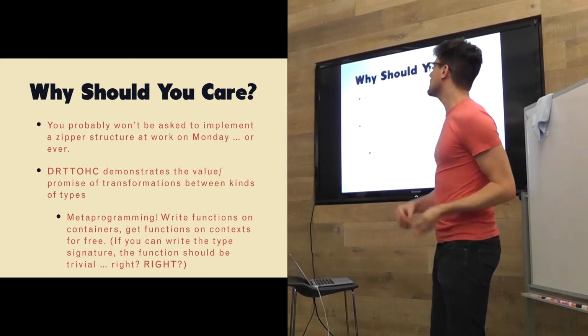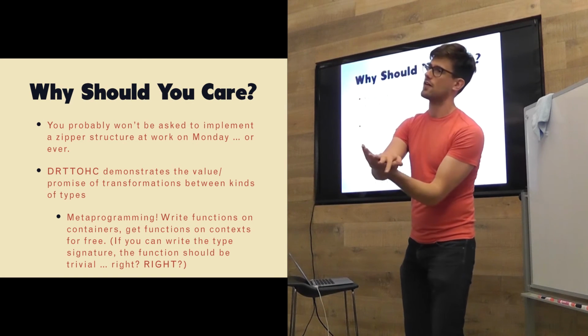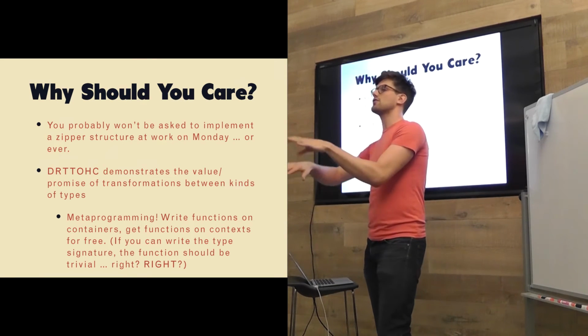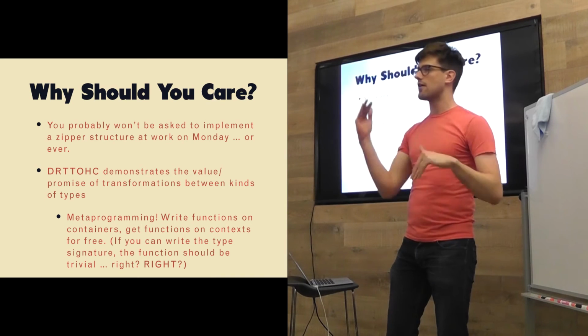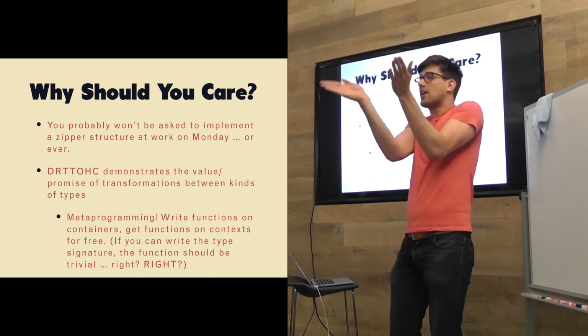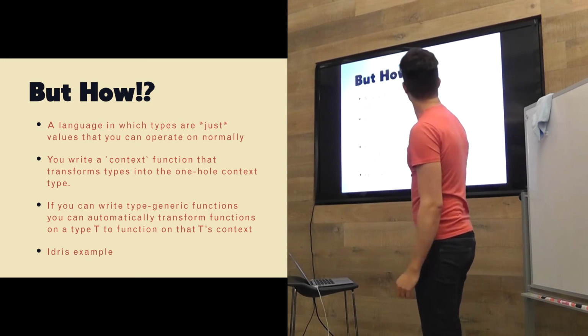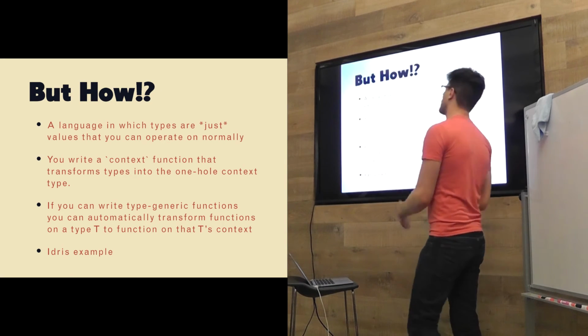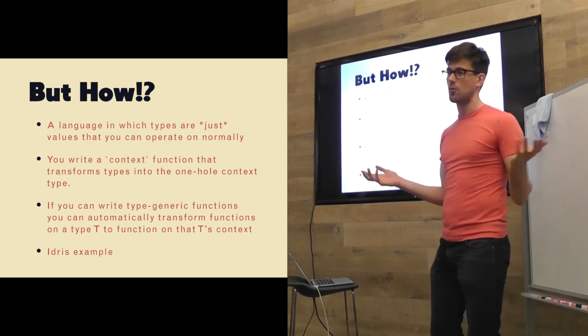The idea is nothing you need. But you wouldn't have to even write the thing where you say, okay, now here's the function that transforms it into its context, here's the function that operates on its context, and here's the function that puts it back. You would just write these type generic functions that operate on types, and then it could handle all the rest. Yeah, so that's cool. So how do you do this? Well, you need a language in which types are just values that you can operate on normally, because you need to be